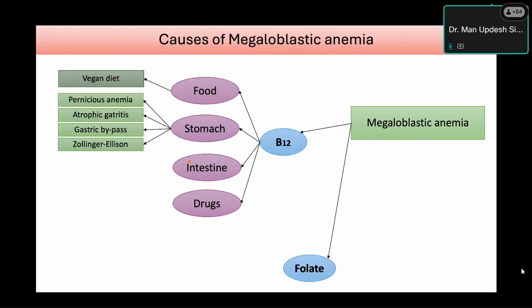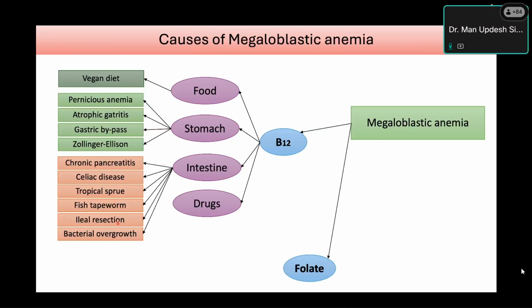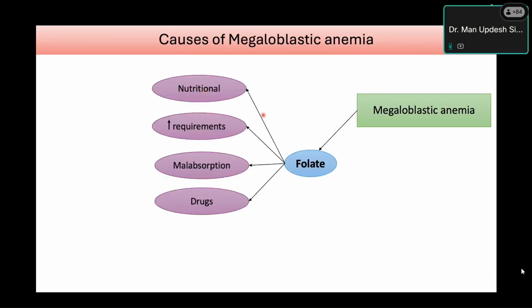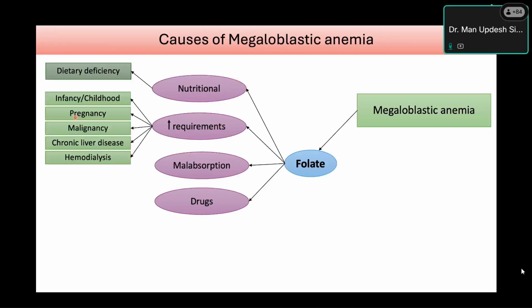Absorption problems from the stomach, absorption problems in the intestine, celiac disease, tropical sprue, fish tapeworm, and other causes. Drugs, some drugs which can cause B12 deficiency. We come to folate again: nutritional deficiencies, increased requirements, especially in growth stages like infancy, pregnancy,